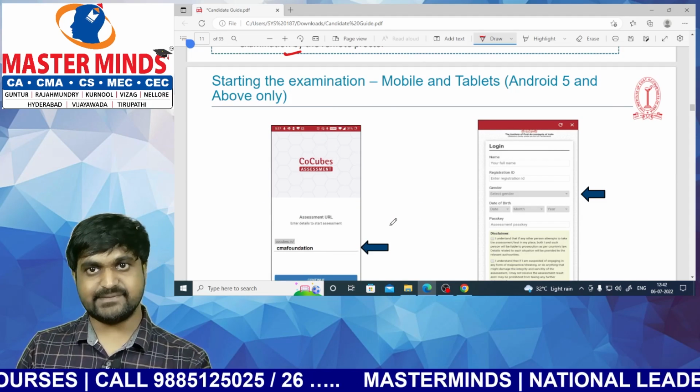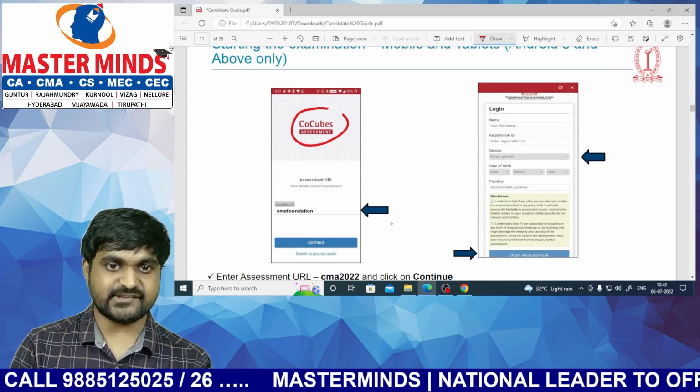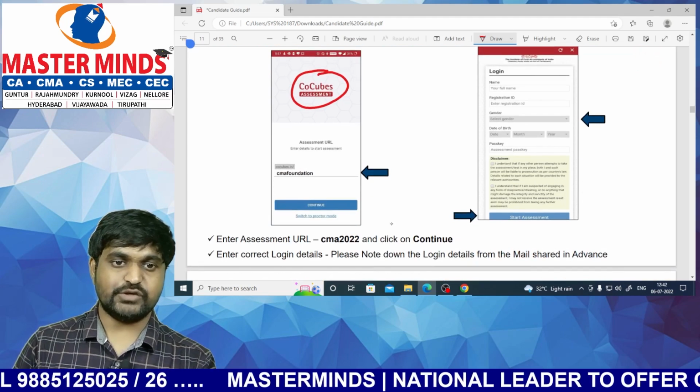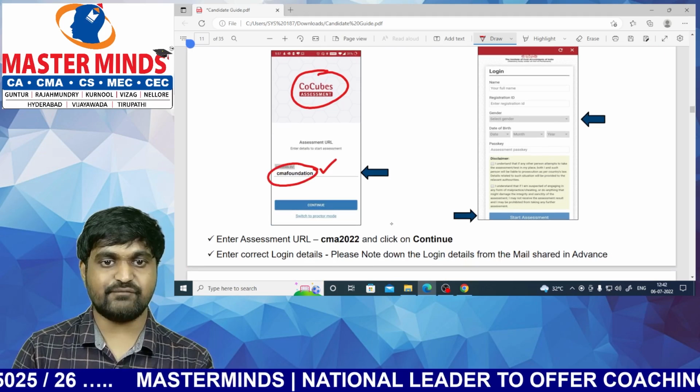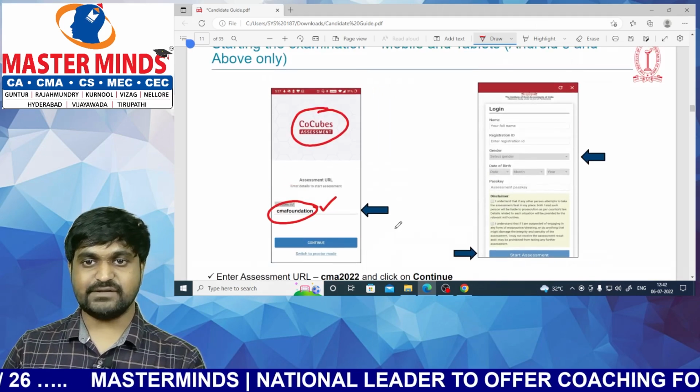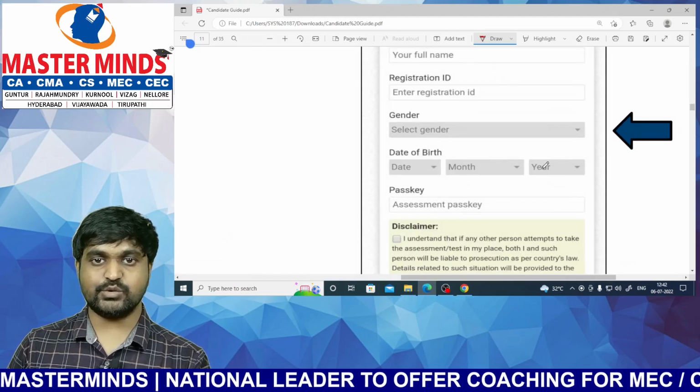How to start the exam? After downloading the CoCubes assessment application, you will be asked for a code. You need to enter the code, that is CMA Foundation. After that, this screen will become visible. What do we need to do on this screen?